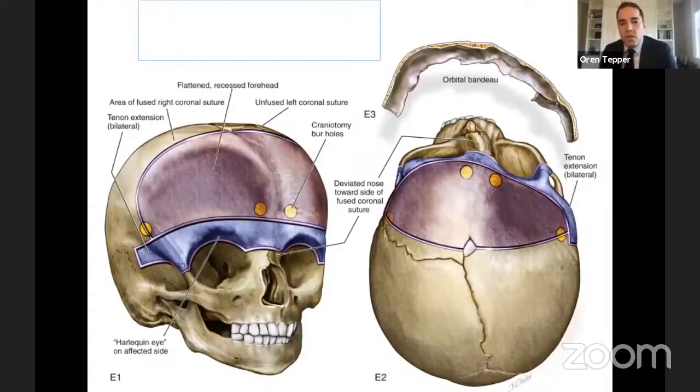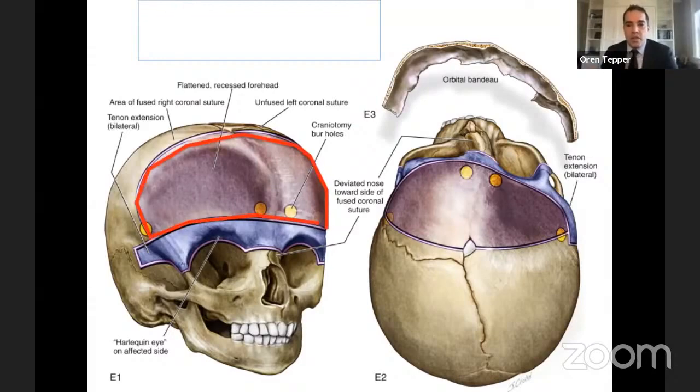Well, in a case like this, we do what's called a fronto-orbital advancement and a cranial vault remodeling. And what does that mean? Well, it means reshaping two parts of the skull. Part one is going to be the forehead and the cranium that's affected by the suture. And in addition, it's going to be the bandeau. So the fronto-orbital portion of this